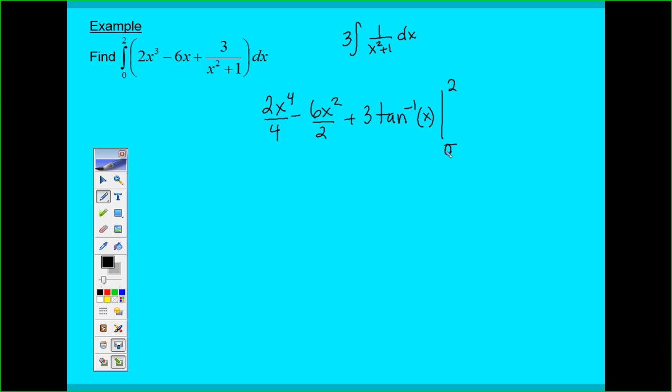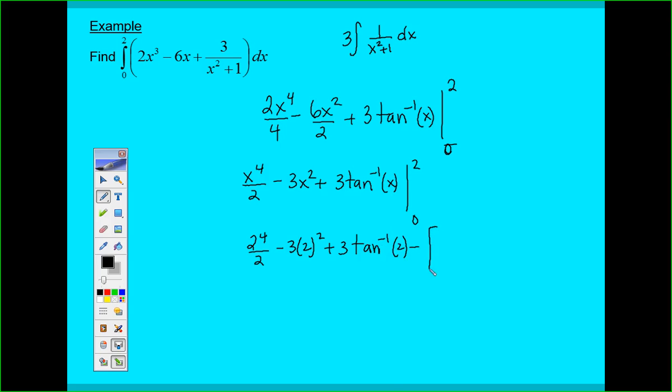So if we simplified this before we apply the fundamental theorem, we would have this evaluated from 0 to 2. Now we'll plug in 2, so we'd have 2 to the fourth divided by 2, 3 times 2 squared, plus 3 times the tangent inverse of 2,